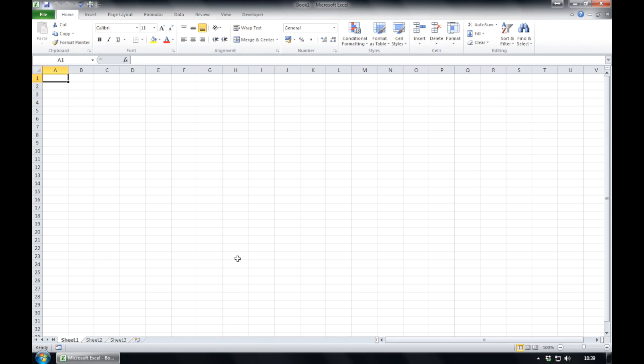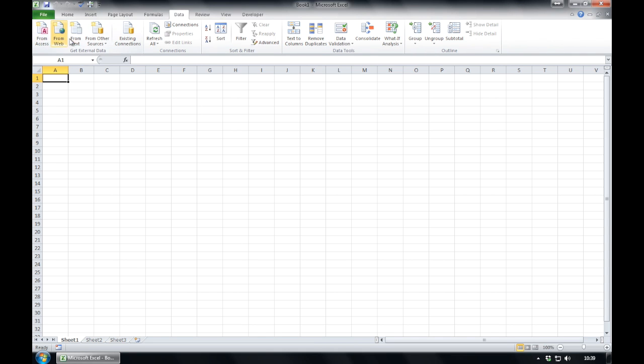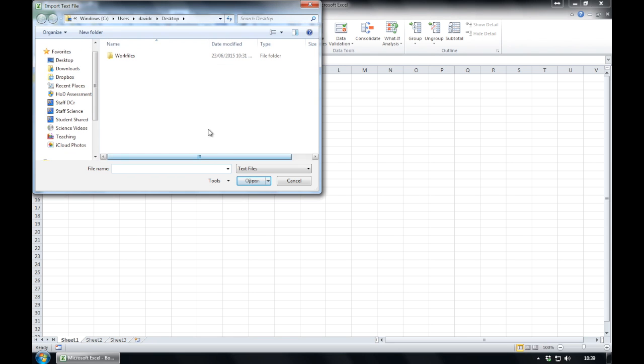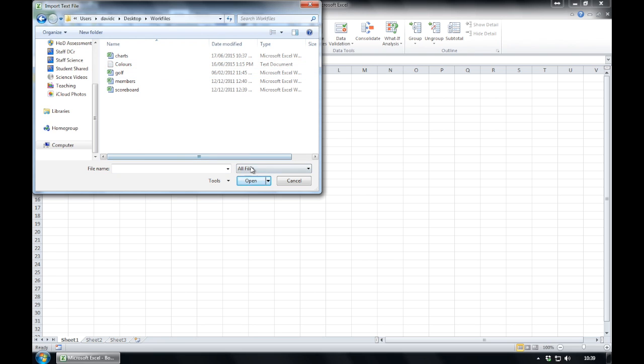One of the tasks you might need to do is to insert some data from a text file. To do that, we go to our data field. Lots of different options here, but if we're going to go from a text, we choose the From Text. It will open up our area and we can find our work files in our Learner Drive. You'll notice here is the text file. You can actually look to see all documents in the area, lots of different ones, but because we're using a text file today, we can keep it there.